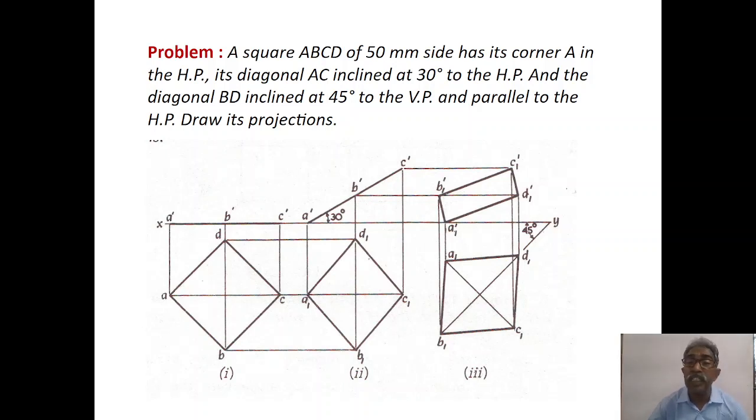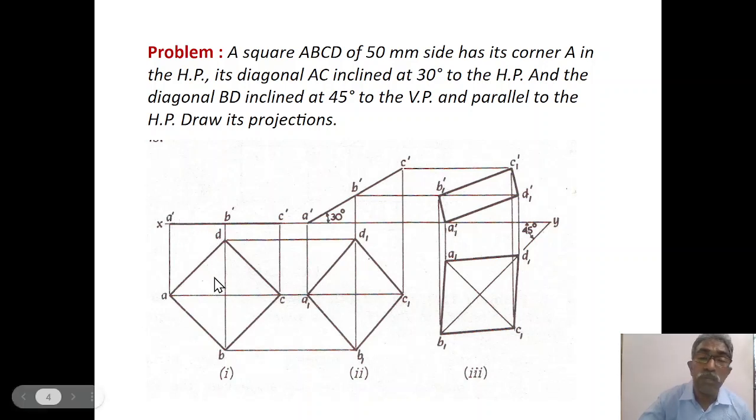Here the plane is inclined 30 degrees to the horizontal plane. That you have to take in the second stage of the problem. And the other diagonal BD is inclined at 45 degrees to the vertical plane, that you have to take in the third stage of the problem. So in the first stage you take the plane in the horizontal plane,